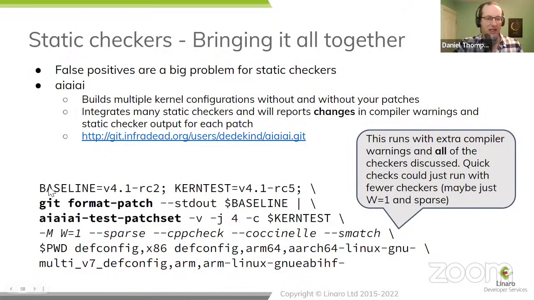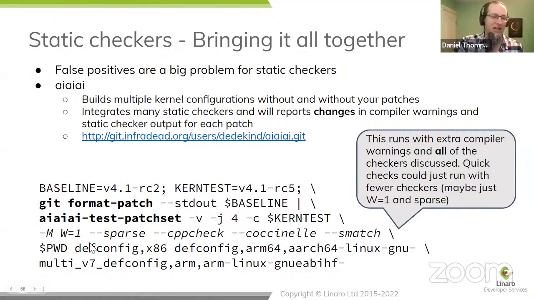So it basically takes in this case, a set of patches, which I've piped into a test patch set, and it compiles them before we apply the patches with all the static checkings that I've requested turned on. It then compiles them after the patch is applied, and it only reports changes.